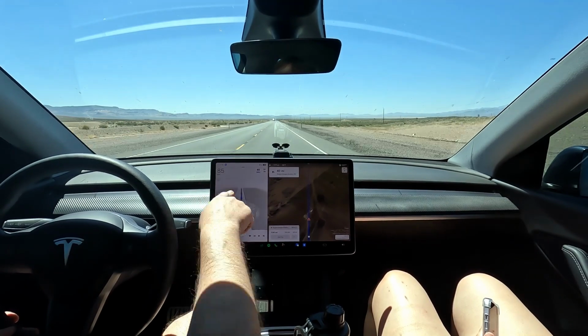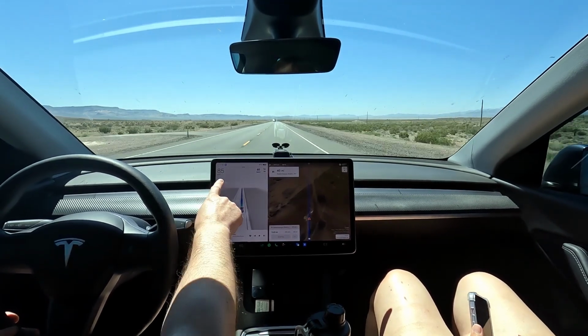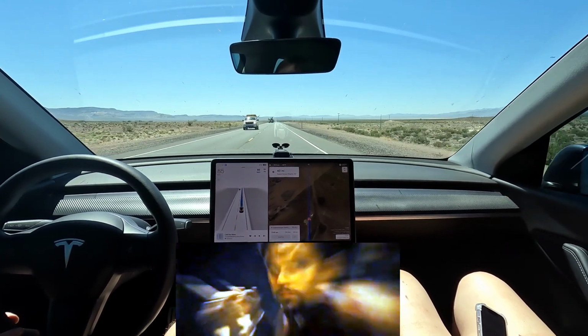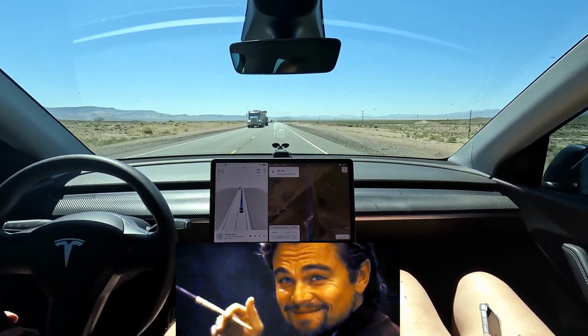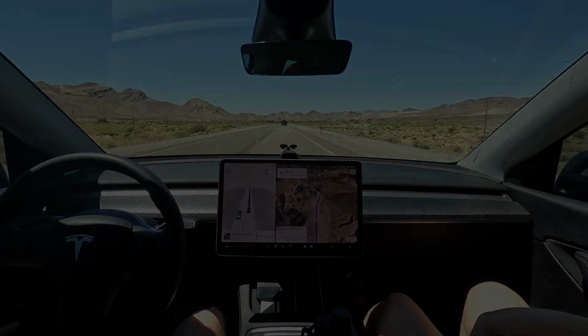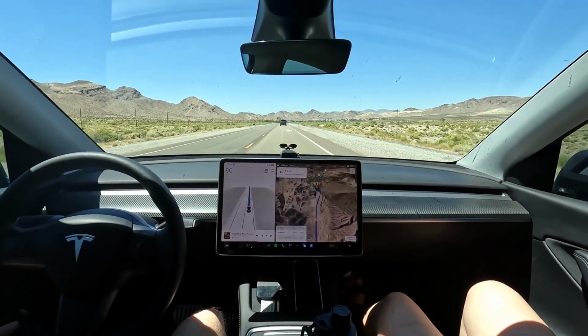And one trick, if you don't know it, if you change from miles per hour to kilometers, you can go 87 max in autopilot or FSD. So, little word to the wise, I'm not doing that, but well, here we come up on the big city